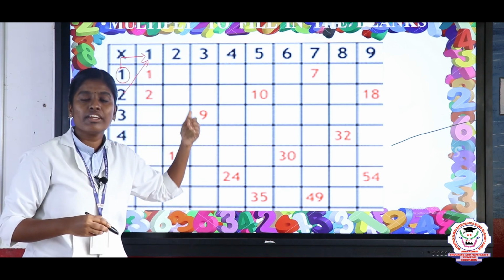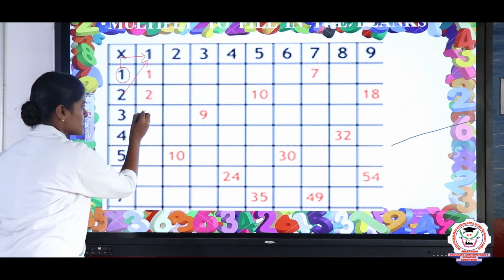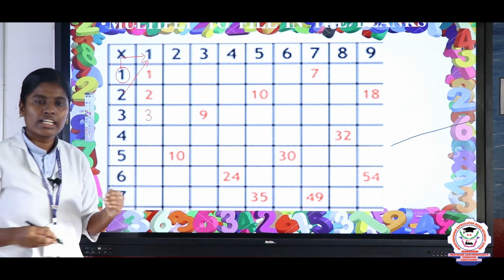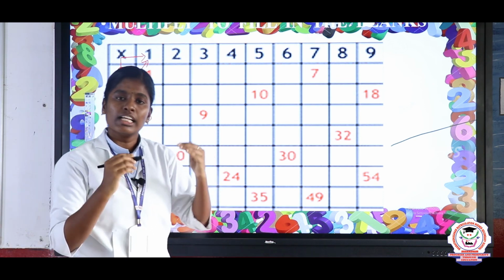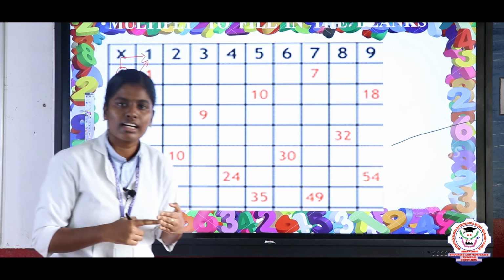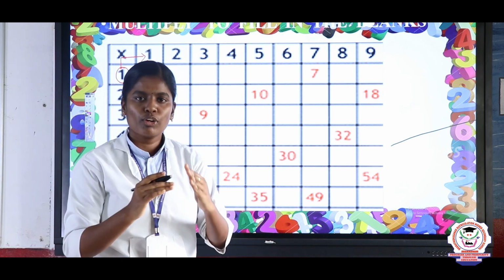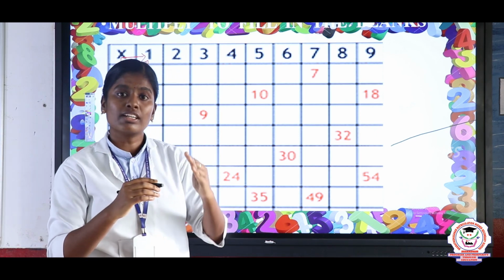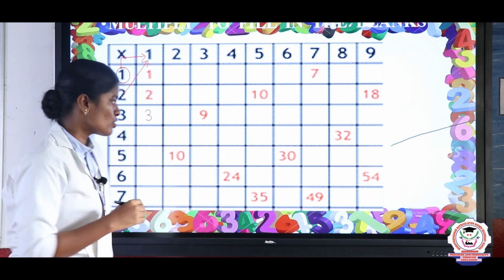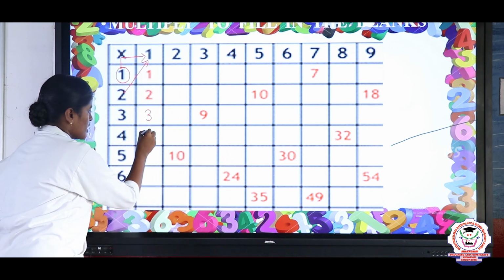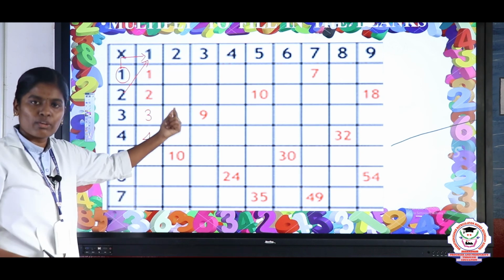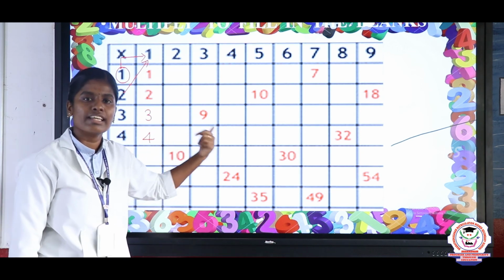Next you will take 3 ones are. So 3 ones are, that is 3 times of 1. Then tell me, Nasreen, what is 4 ones are? Yeah, very good, my dear. The 4 ones are, the answer is 4. Why? Because that is 4 times of 1. So write the answer 4. Just you will do this. So what is 5 ones are, 6 ones are and 7 ones are.